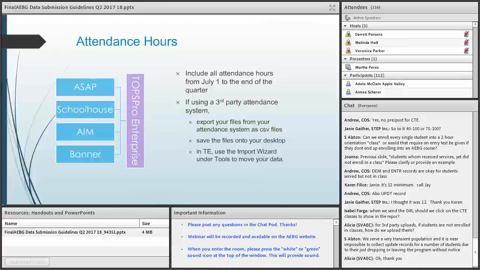Attendance hours. Some of you may have an attendance system. There are several in the field, such as ASAP, Schoolhouse, AIM, Banner, or other. You can have your own built-in attendance system built by your programming team, or just have a spreadsheet that you could accommodate to address the fields.